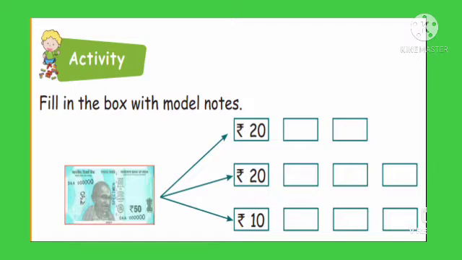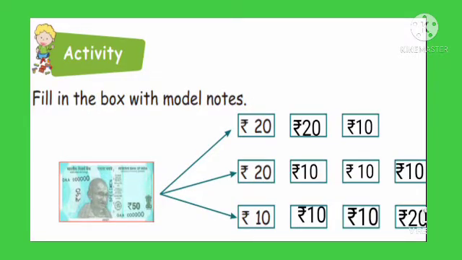To get 50, we have to add 20 and 10. In the second box we need to put rupees 20 and in the third box we need to put 10. And we get 20 plus 20, 40, 40 plus 10, 50. Similarly, 20 plus 10 plus 10 plus 10 which gives 50. So, the empty boxes are filled with the rupees 10 to get 50 as a total.